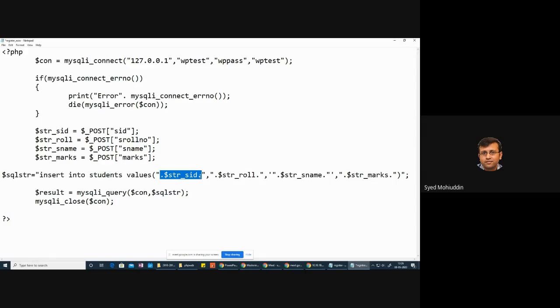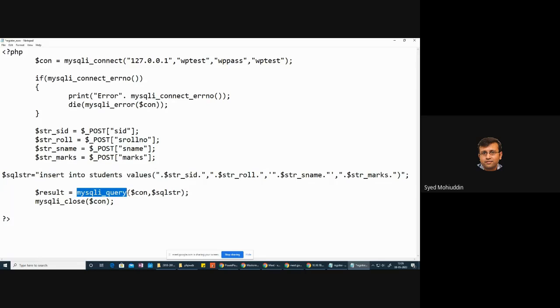This was an integer. So we never used a single quote here and here. It was just a comma, comma. This is also an integer. But this is a string. So when this is a string, we are opening with a single quote and then closing with a single quote. And obviously this is also an integer, so there is no need for quotation marks over here. So this will be the query which we have, insert into, and then here it is